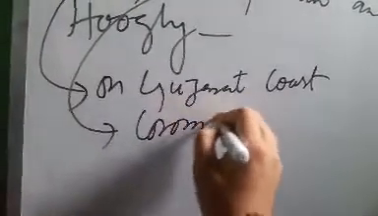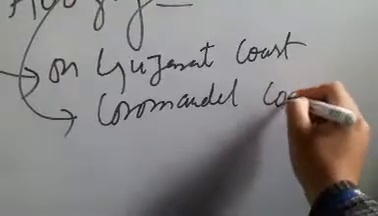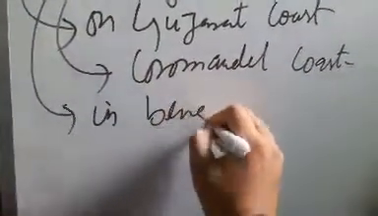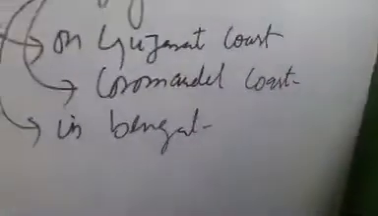Similarly, Masulipatam is a port on the Coromandel coast. And third, Hooghly is in Bengal. So these three ports were famous, and they had